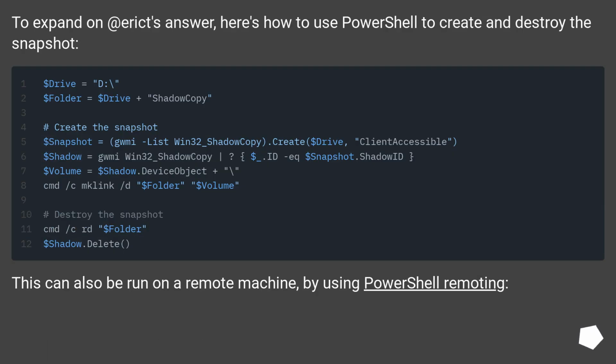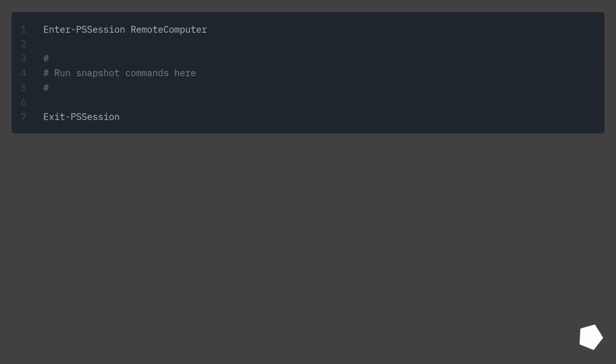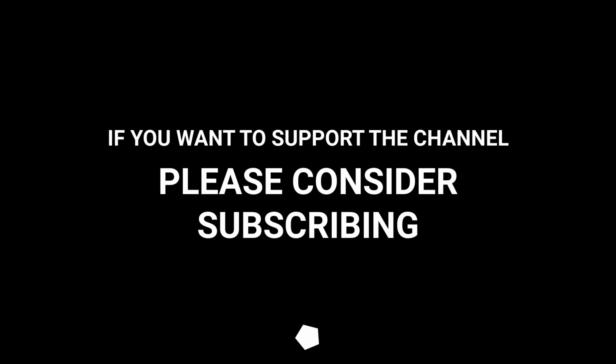To expand on Eric's answer, here's how to use PowerShell to create and destroy the snapshot. This can also be run on a remote machine by using PowerShell remoting. File transfer is easy to